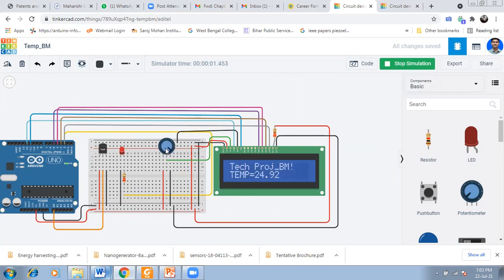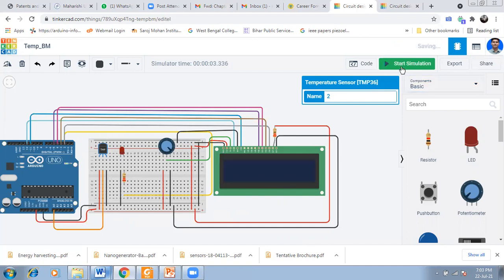See, take project underscore BM. Now temperature is 24.92. Now change the temperature here. See, as we are changing the temperature, the temperature shown here changes to 73.25. Okay, so stop the simulation.